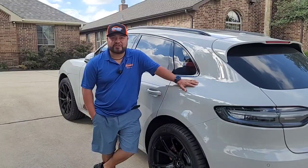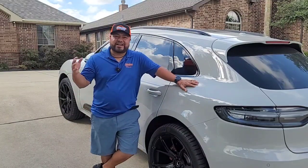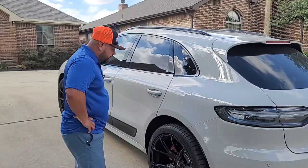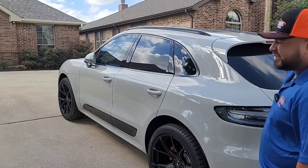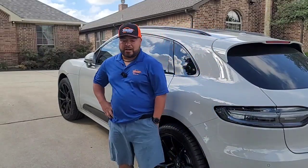Thankfully, today is actually a little bit cooler than most days, so it feels really good, and we've got a nice breeze coming in as well. But we're going to be working on this ceramic coated Porsche Macan. Hopefully I said it right. I coated this one, I think, about a year and a half ago. And we're doing its